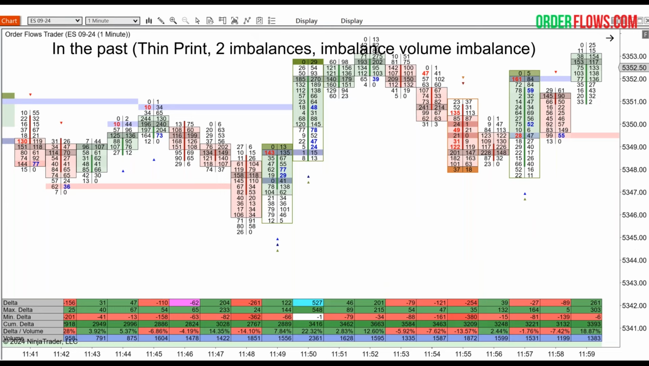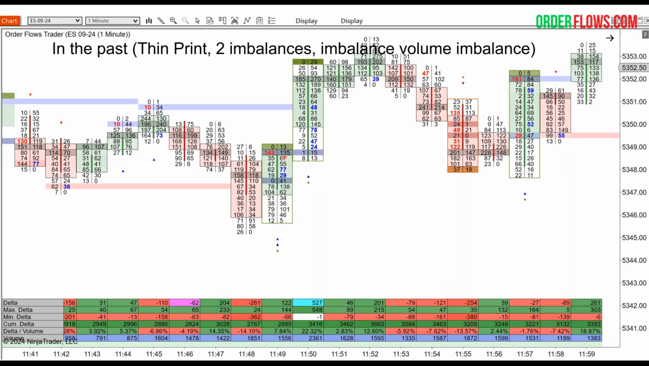So in the past, if you're looking at a footprint chart, it was just simple volume on the bid, volume on the offer, and the volume point of control. In Order Flows Trader, we've added a lot of the tools that I use in my own trading, such as imbalances, which is a common one, but also thin prints, imbalance reversals, multiple imbalances, even some delta tools. And there are certain alignments, so to speak, when you have a bar that has